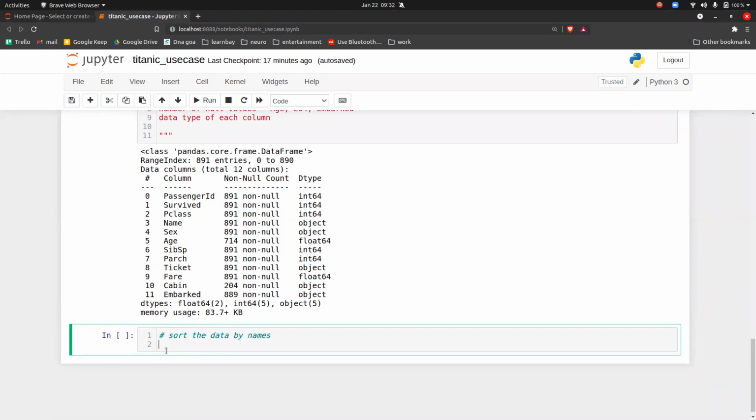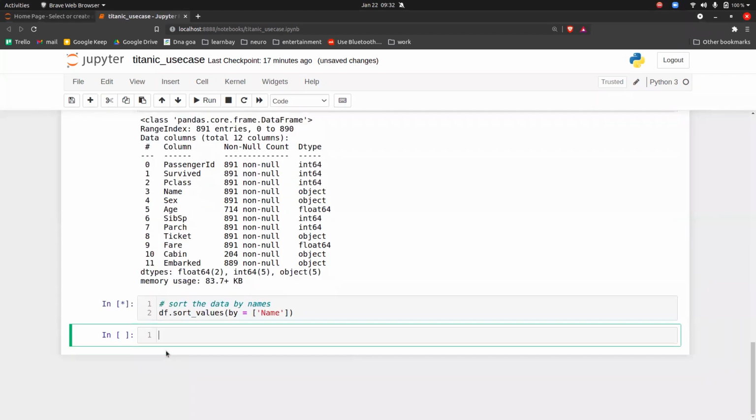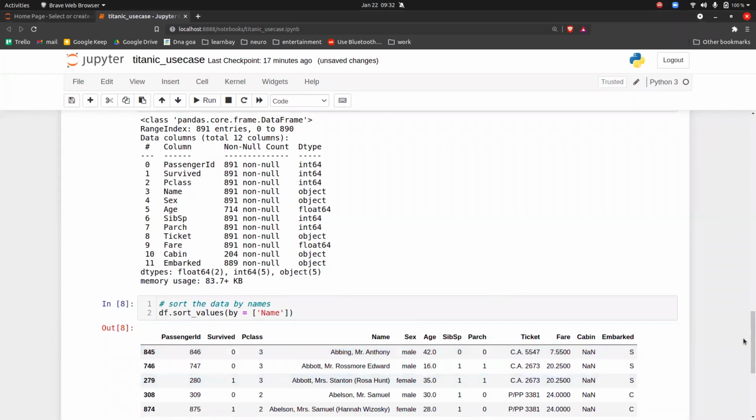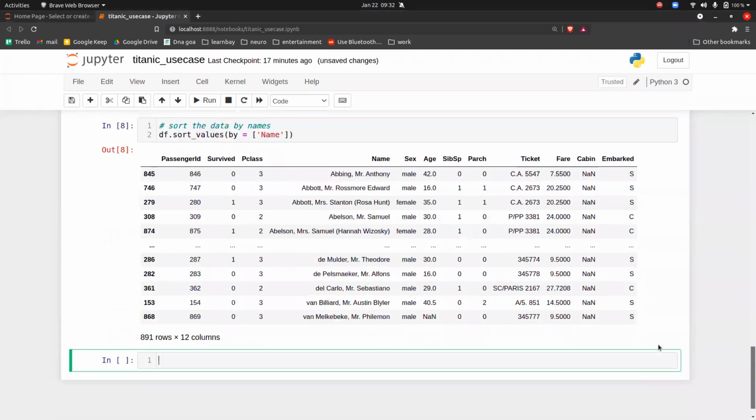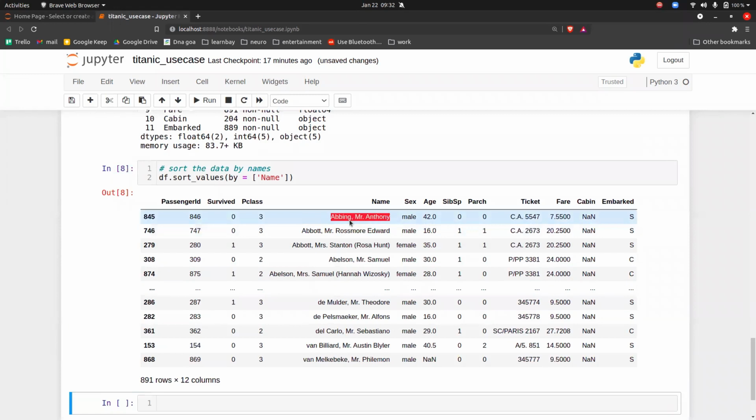The command that you have to use is df.sort_values, and by which column you want to sort. We have a column called Name. So by Name, that's it. Execute it, and here all the data will be sorted by names.